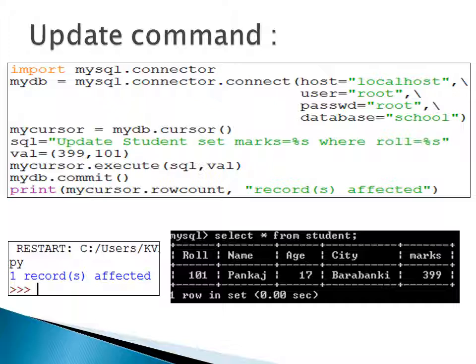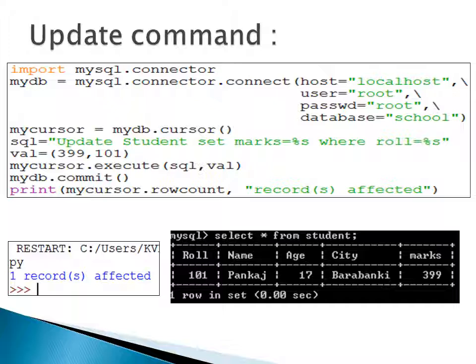Here the query is sql and the set of values. The first value is 399 and the second value is 101. So from the value set, the first value goes to the first %s and the second value goes to the second %s, and then the query will execute, and where our roll number is 101, marks will be set as 399.